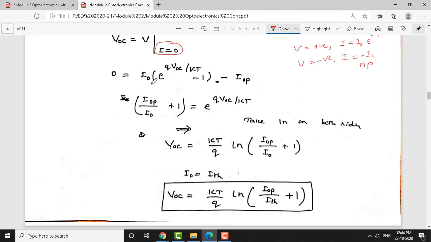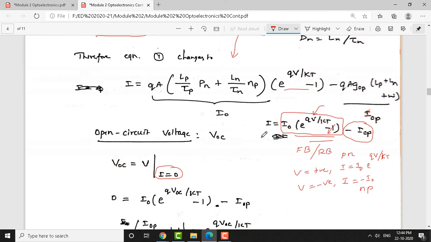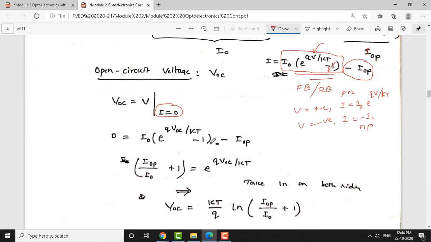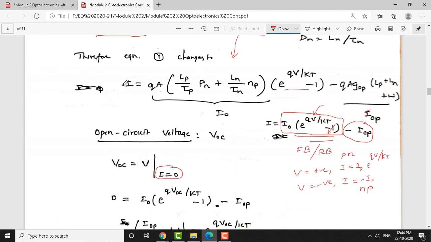So, now you can see that. How do you find that? You know already the total current equation, which is given by this equation or this equation, both of which are equal in this case. Now, if you substitute the current as 0 here, in this case, if you make this